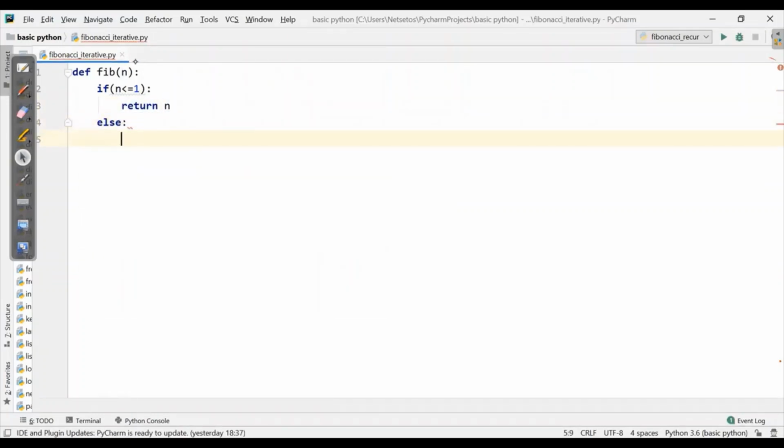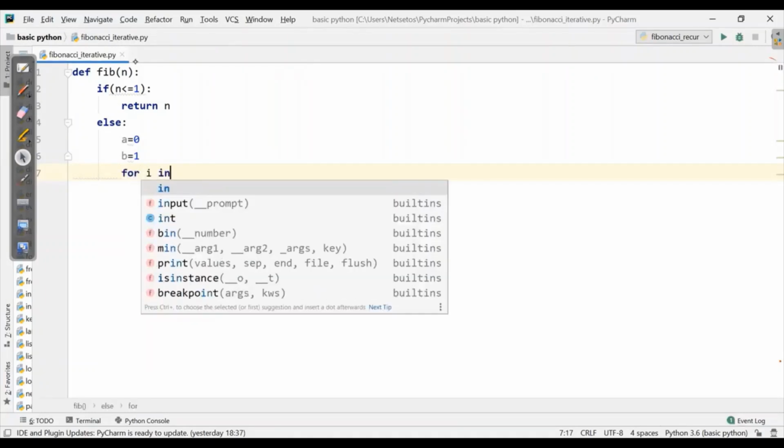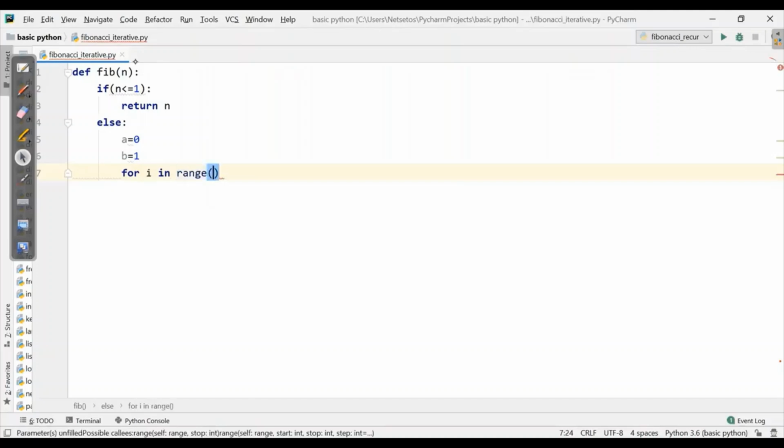here I'll give a is equal to 0 and b is equal to 1, which are our initial two numbers. Then I'll apply a for loop for i in range from 2 to n plus 1. We take n plus 1 as the last number is always excluded. So here we will take a variable c is equal to a plus b.